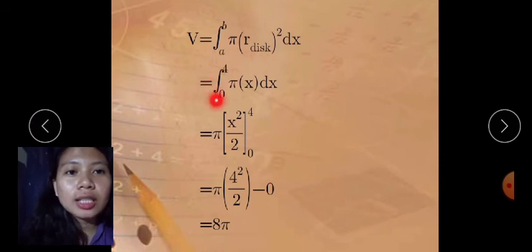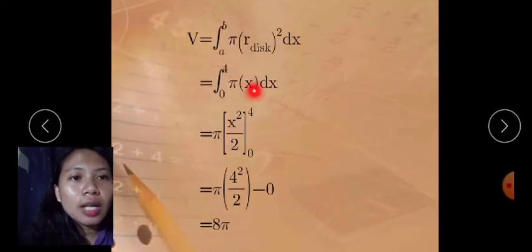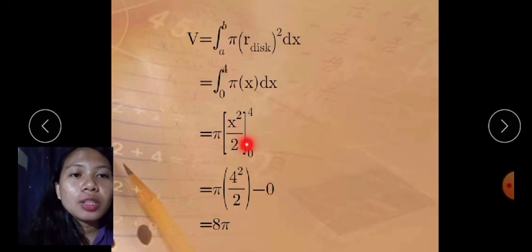And we just substitute the values of the interval and of r d squared. So we have the integration from 0 to 4 of pi times x, since our r d squared is equal to x, so we have x dx. Now we can integrate the integration from 0 to 4 of pi times x dx, which is equal to pi times x squared over 2